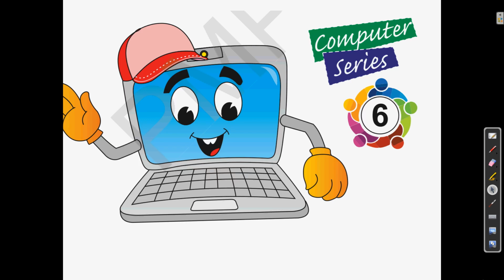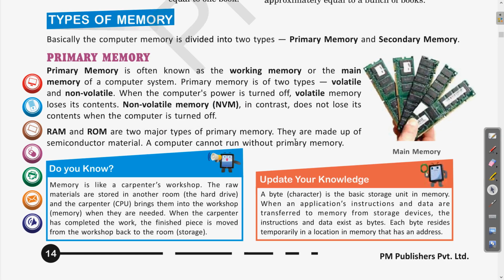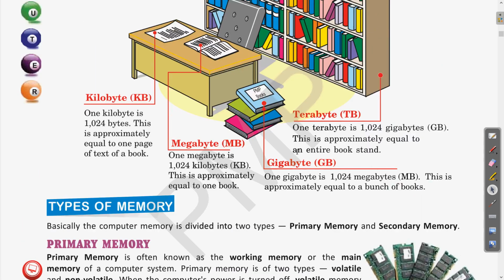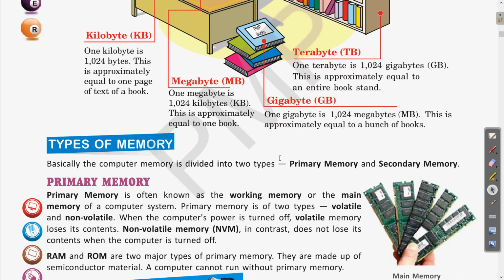I hope all of you are doing well, and as in the previous classes we have started chapter 2 and we are discussing the types of memory. Let us have a quick revision before moving to the next topic. In the previous class we discussed the different memory units: KB, bit, byte, megabyte. Clear? We also gave you an example comparing with library books, showing how much data can be accommodated using these measurement units for memory.